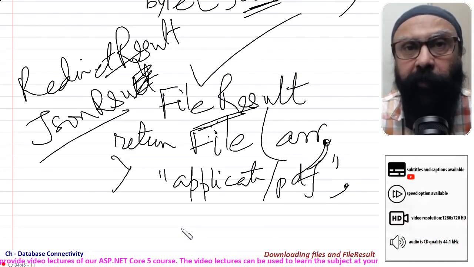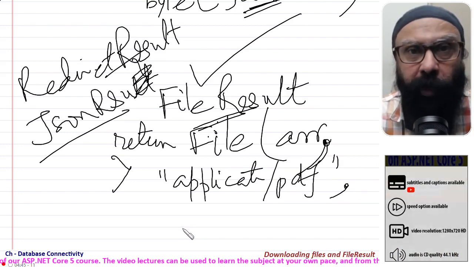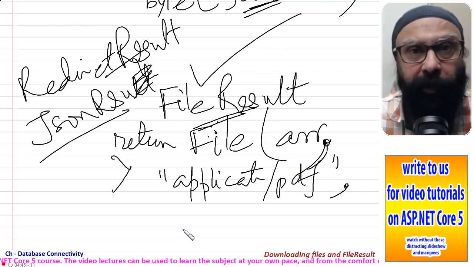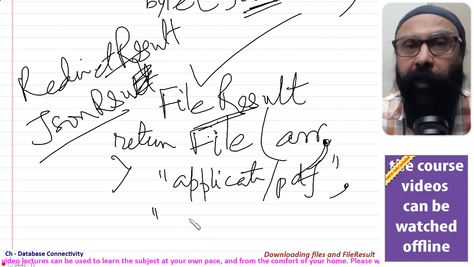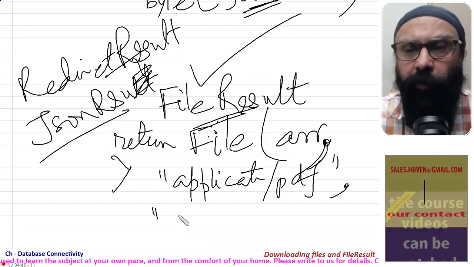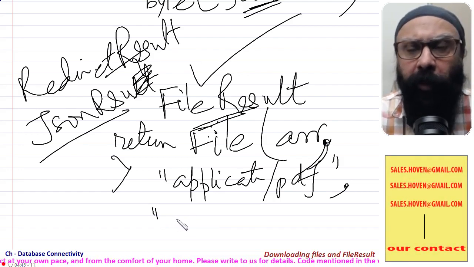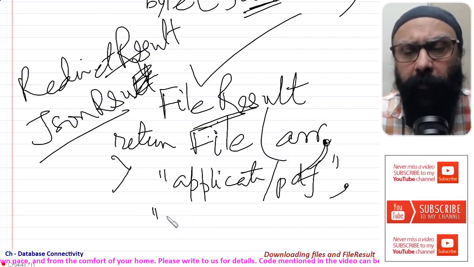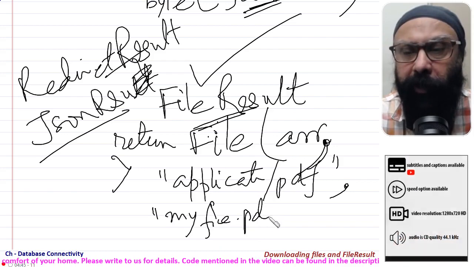When the user clicks that download link, a file is downloaded. As you are very aware of the common thing that occurs, the name of the file is specified here, so this file is shown in the downloaded files of the browser. So we could write any name, maybe based on the current date time, or maybe any name, myfile.pdf.